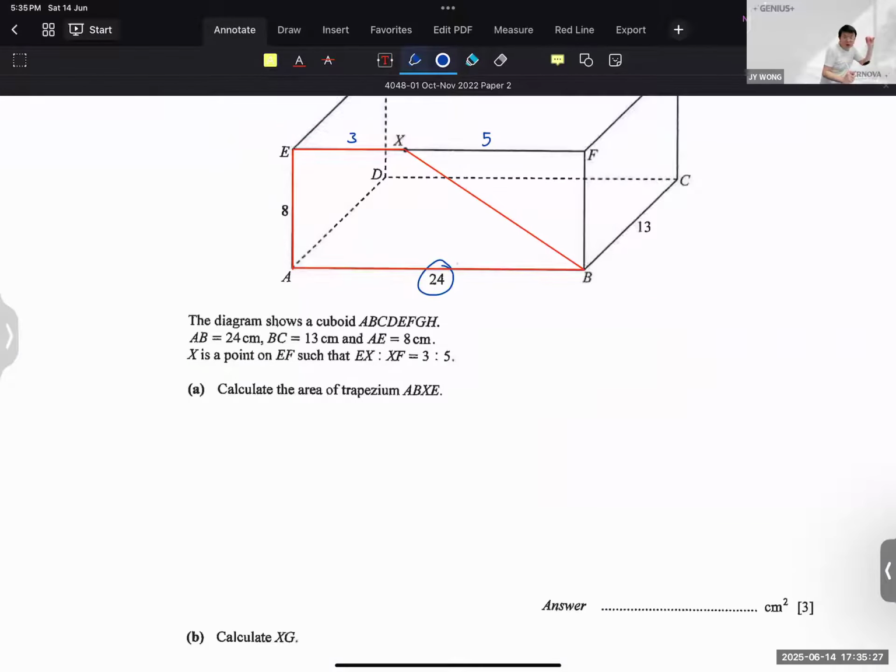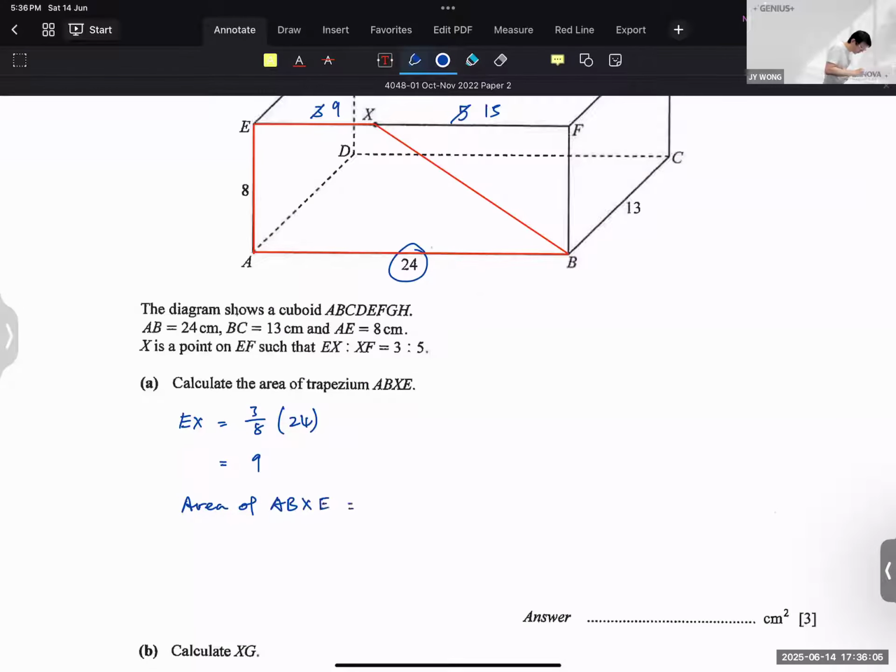And why in the world is it 3 marks? EX is equal to 3 out of 8 times 24, which will give me 9. So I know that this is 9, and therefore this will be 24 minus 9 to give me 16. Right? Not 16, 15. If I know EX is 9, half times sum of parallel sides, which is 9 plus 24 times perpendicular height, which is,